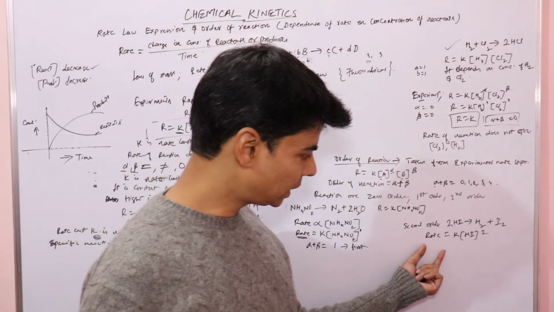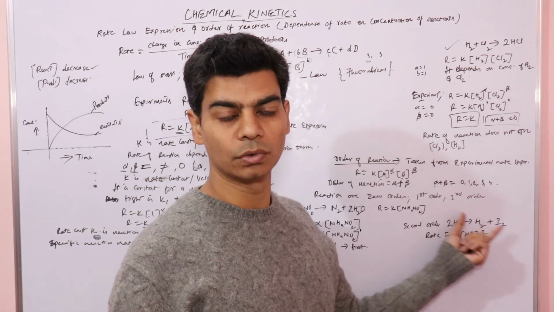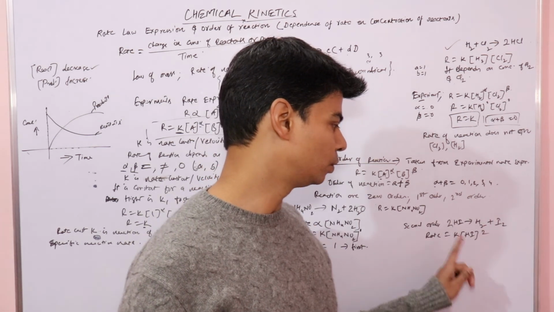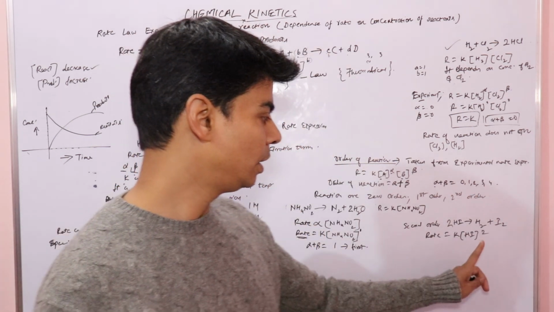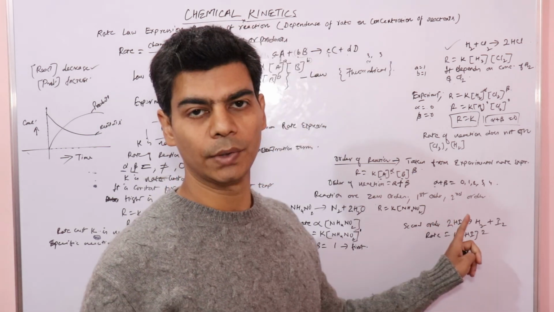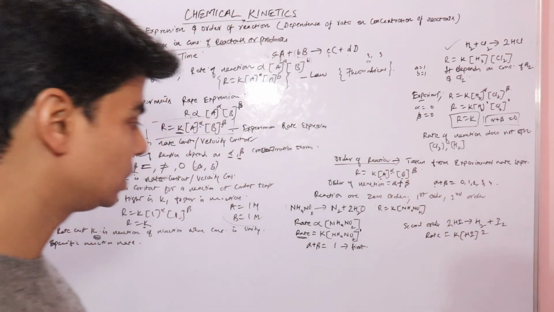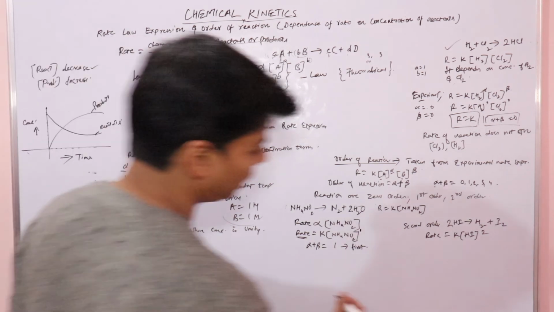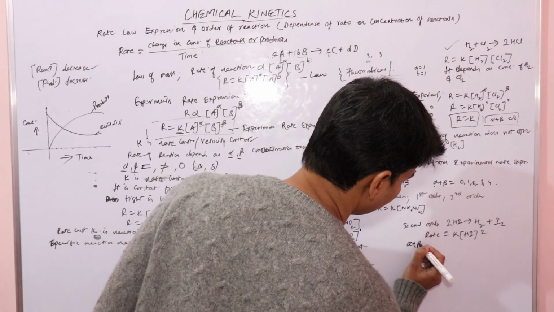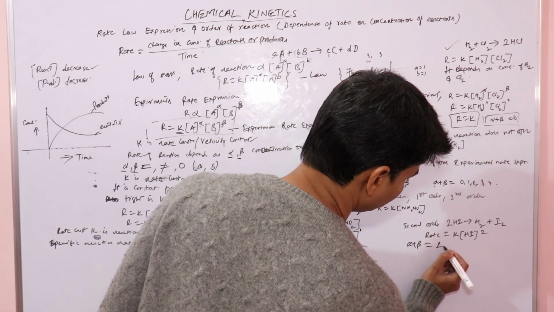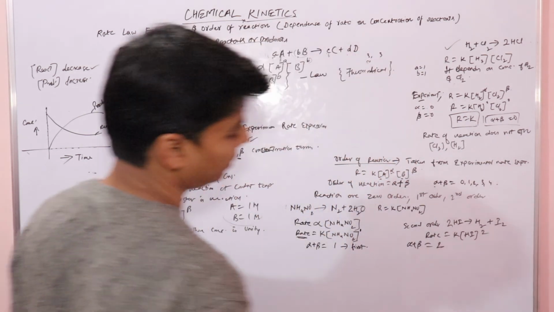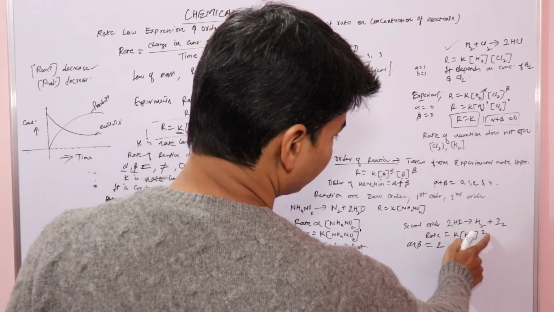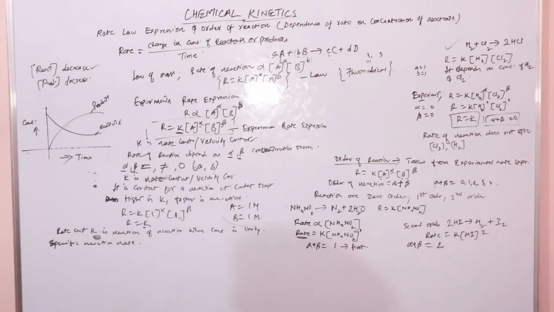So here we will say that the rate of reaction depends on the concentration of hydrogen iodide raised to the power of 2, as in the balanced chemical equation, or raised to the power of the stoichiometric coefficient. So this is your second order reaction, because if you find the value of alpha plus beta, this would be 2. Beta is 0 again. Here we have just one reactant, so alpha is equals to 2. So this is your second order reaction.